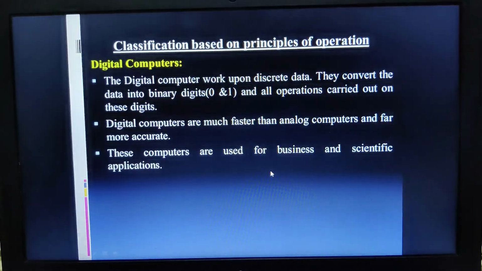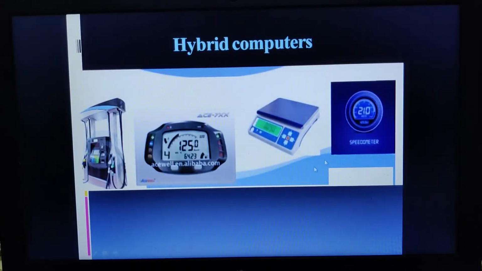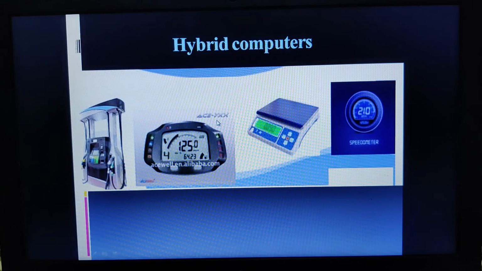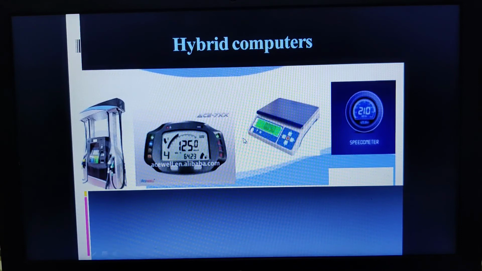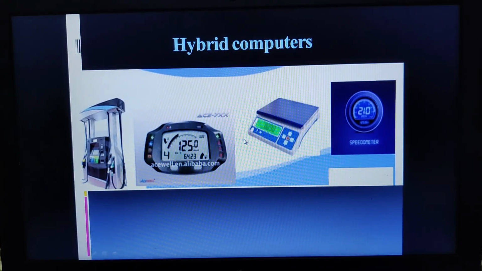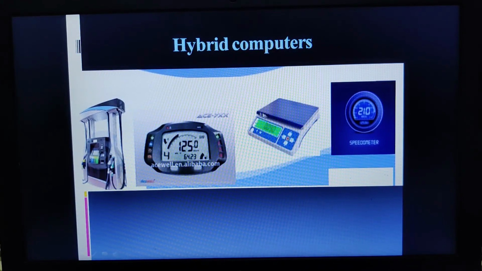So these hybrid computer systems have the speed of analog computers, but they have the accuracy of digital computers. Whatever results are generated after counting your heartbeat rate will be accurate. Even the weighing machine: when you stand on it, it is measuring, like 40 kg, 35 kg. But when it displays the data, it is not in terms of physical quantity, it is in terms of digital numbers like 35, isn't it?